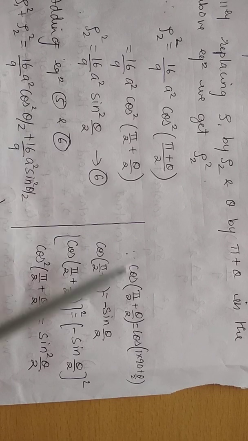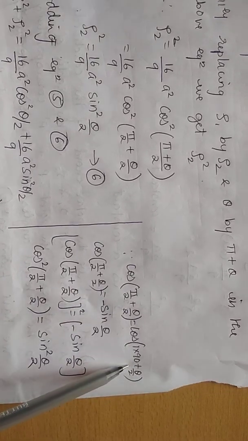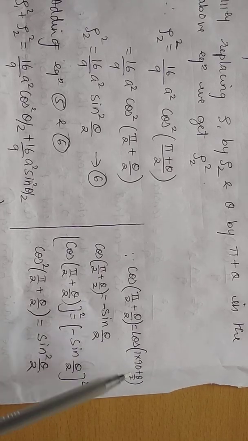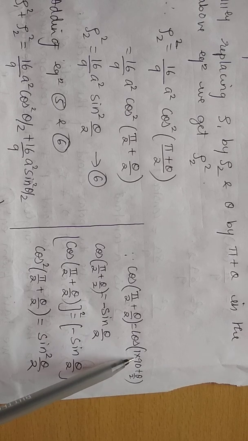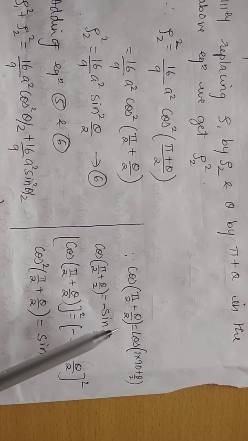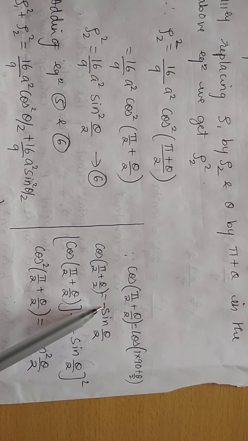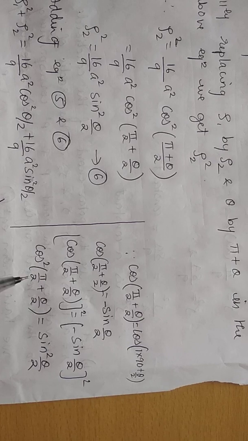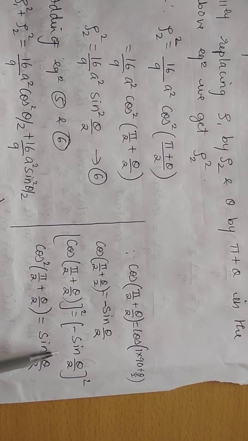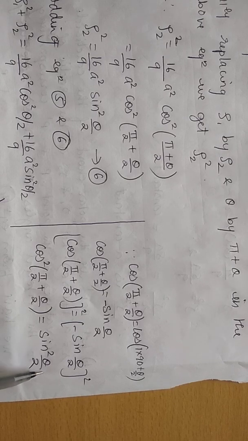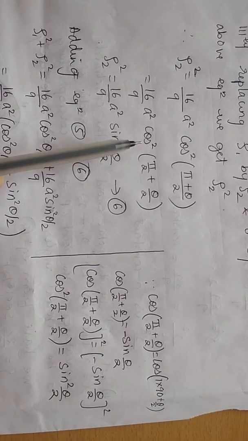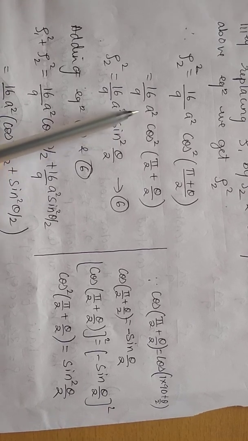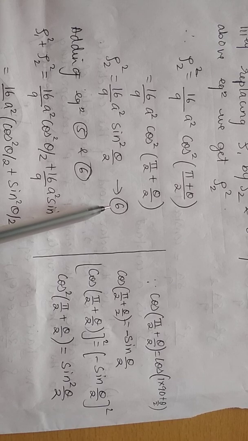I will first solve for this. Cos of 90 plus theta by 2. Since 1 into 90 is an odd multiple, cos will change to sin theta by 2. And 90 plus theta lies in the second quadrant, where cos is negative, so this is minus. I want cos square of pi by 2 plus theta by 2, so I will square on both sides. So this becomes cos square pi by 2 plus theta by 2, minus squared is plus, sin square theta by 2. Hence, cos square pi by 2 plus theta by 2 will be substituted as sin square theta by 2, and this term will remain as it is. I will mark it as equation number 6.